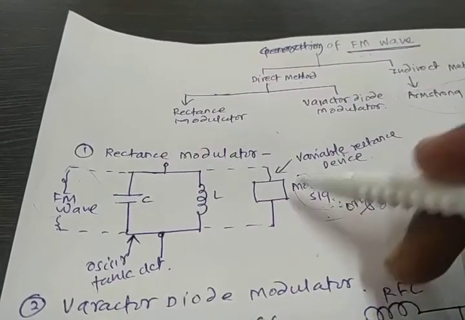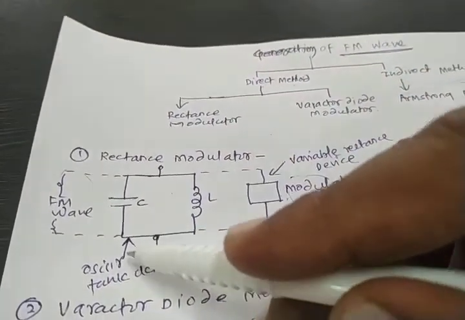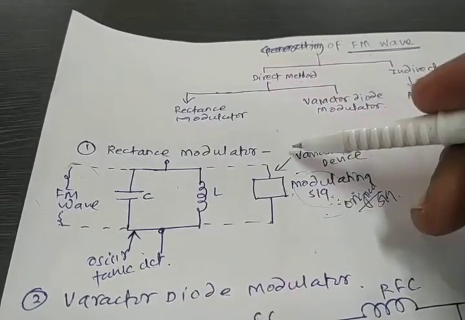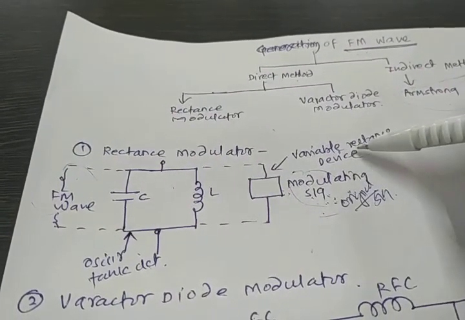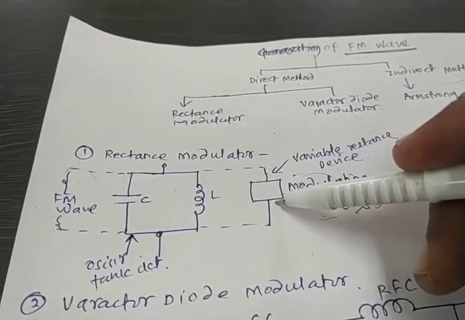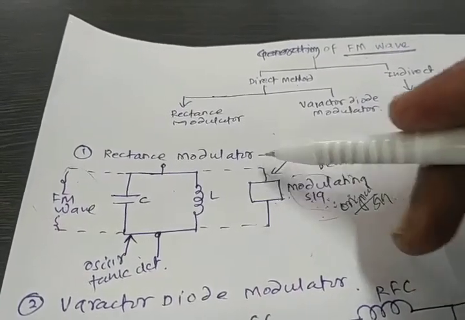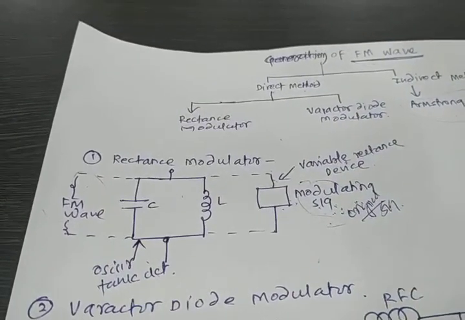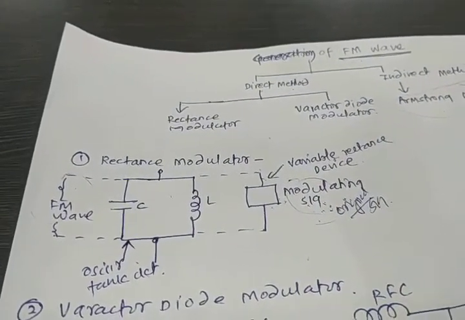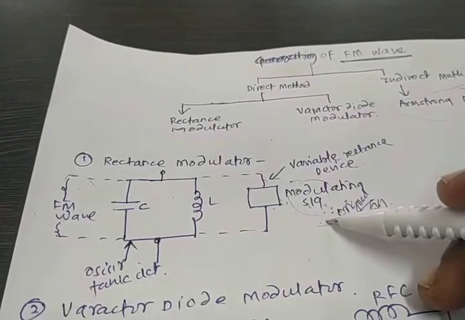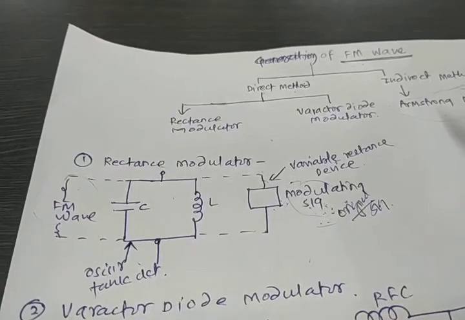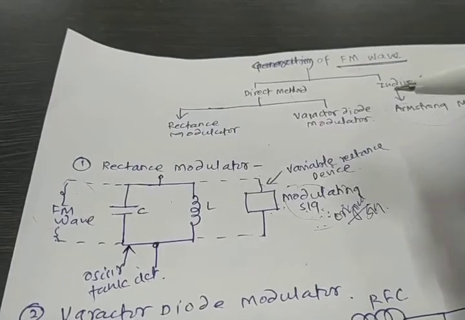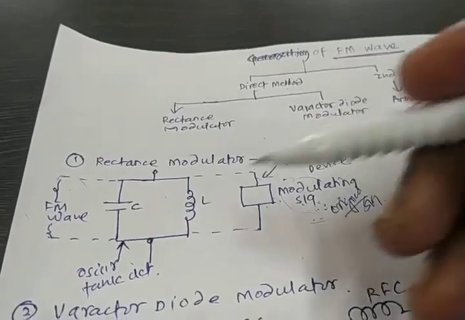This one is our original signal, and we apply this signal to the oscillator tune circuit, or the tank circuit. Whenever we transfer our original signal, it passes through this variable reactance device, which varies the signal properly, and this signal is transferred to the oscillator tank circuit. The purpose of the tune circuit is that the original signal coming from our modulating unit will be tuned, and the carrier signal will be added and its frequency properly maintained.